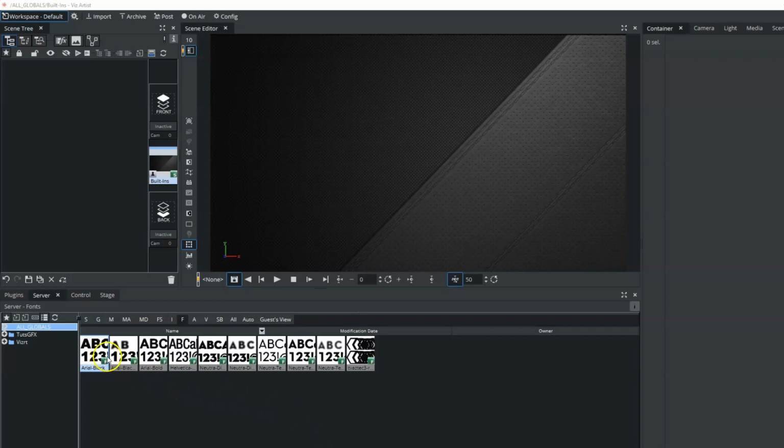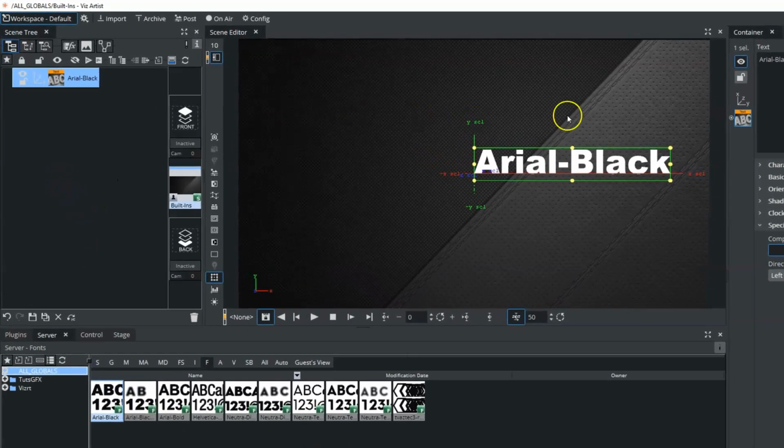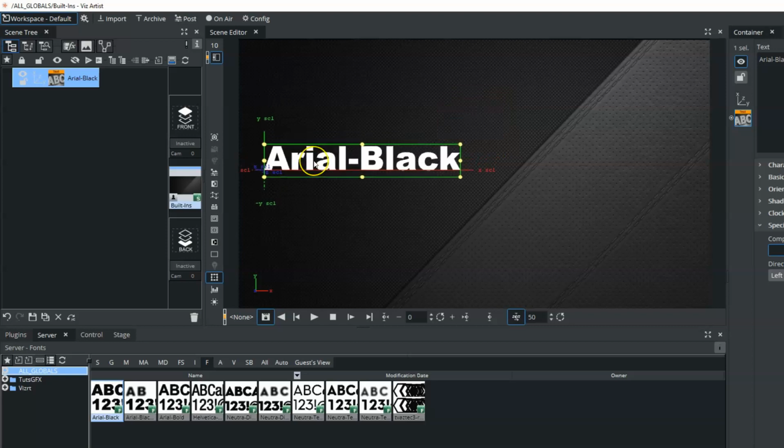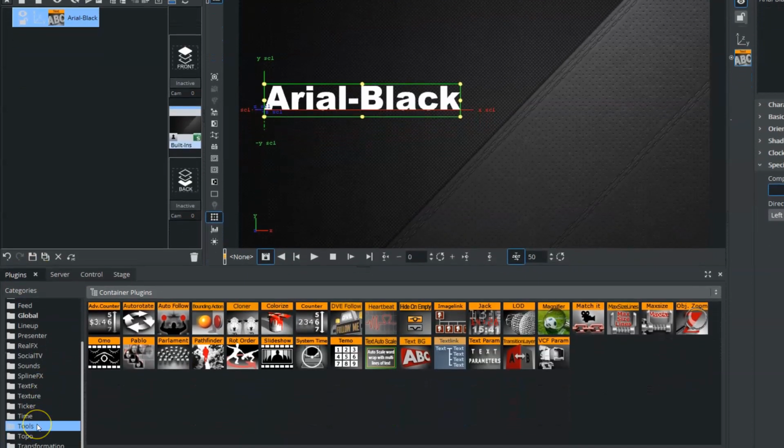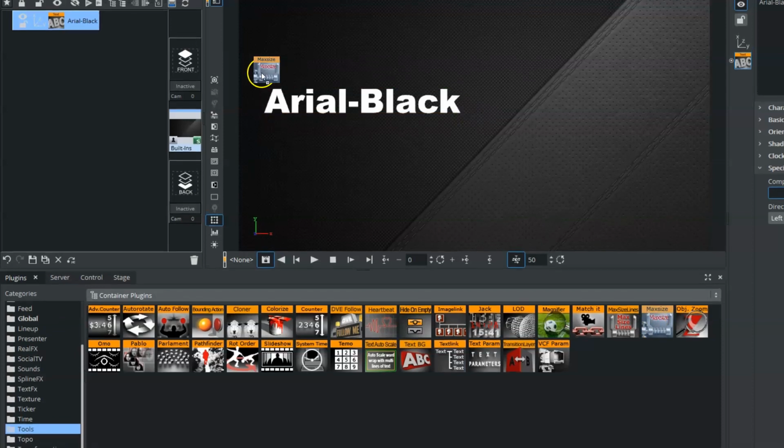Okay, in some of your scenes you may need to constrain the text within it so that you can keep certain proportions under control and/or a certain amount of characters under control. So one way that we can do this is to use a plugin called the max size. And if we go into our plugins folder, within the tools folder, there is a plugin called the max size,